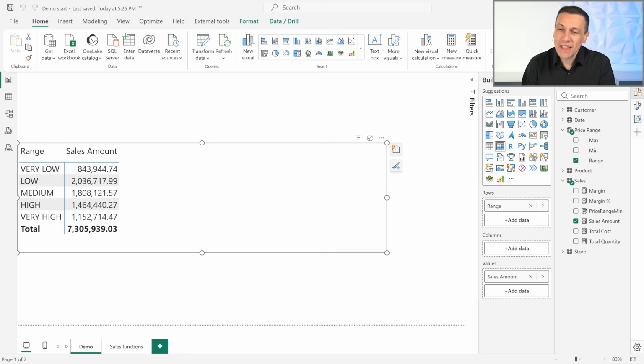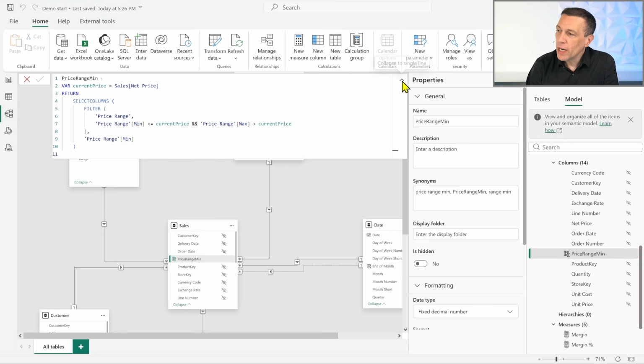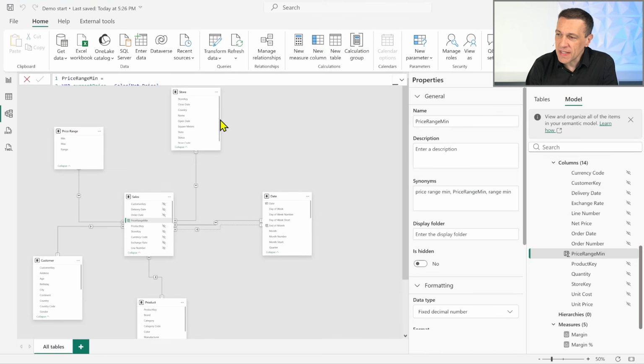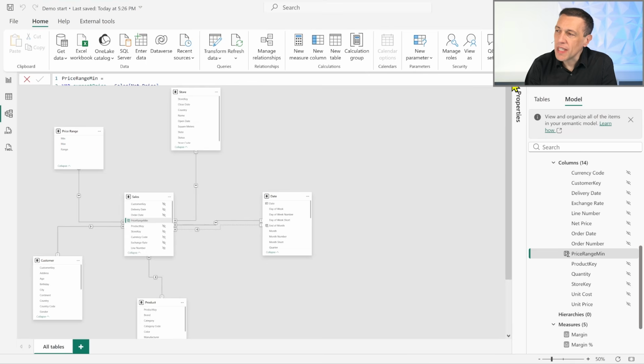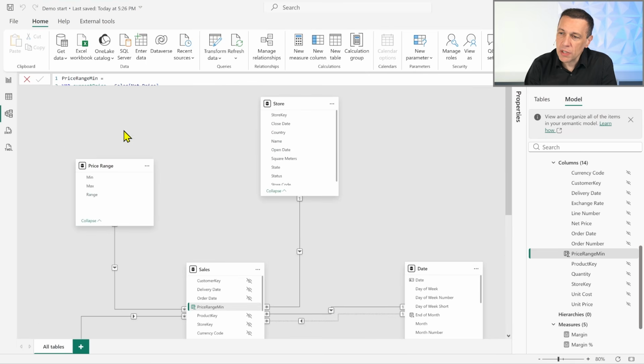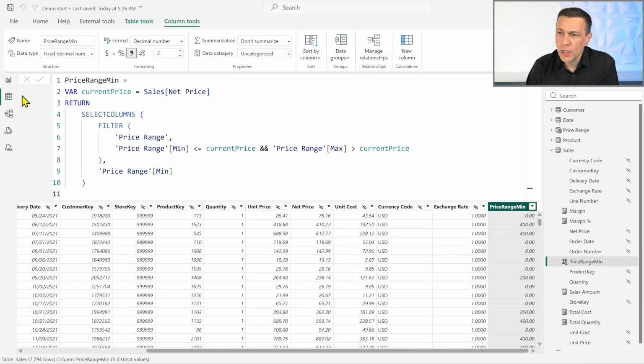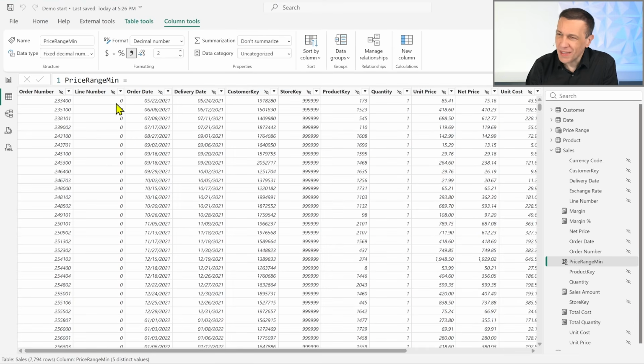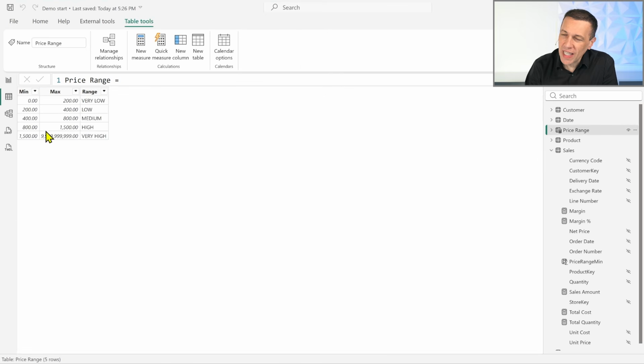Now, I prepared an example where we have the classic Contoso model, where we have our sales, store, date, customer, product, which are the classic tables we have in Contoso, and we also have this table price range. This table price range is a table that conceptually is like an Excel file we import from a SharePoint folder, where business users, and ignore the definition we have now here, so the business user basically has